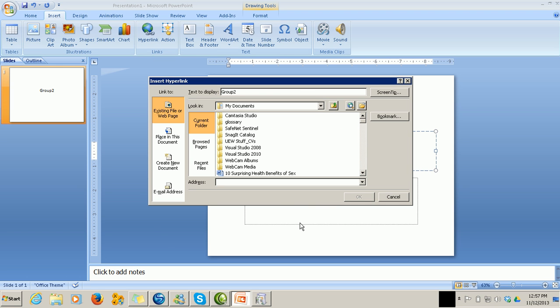It's giving me a dialog box. Text to display, group 2 is there. Link to what? Existing file or web page. Then existing file or web page, then folder. So we have some folders open here. Now place in this document. So meaning if you have another slide, then you can hyperlink the group 2 to that slide. But now I want it to be hyperlinked to this site,